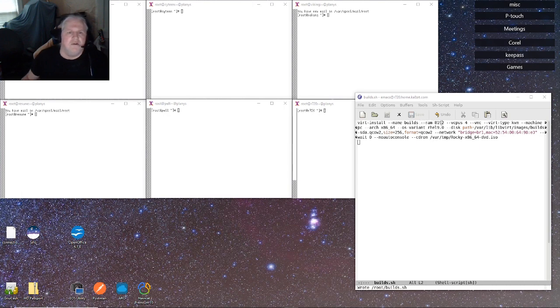RAM is 8 gig. We have 4 CPUs. We'll set it up for VNC. The virtual type is KVM. The machine is PC. Architecture is x86-64. Our OS variant is Red Hat 9. It has a disk with this path. The size is 256 gig. And the format is QCOW2, the